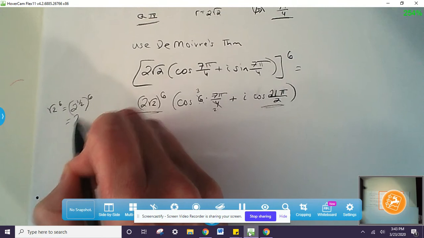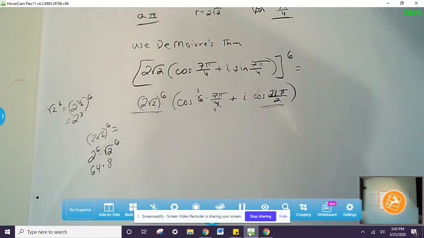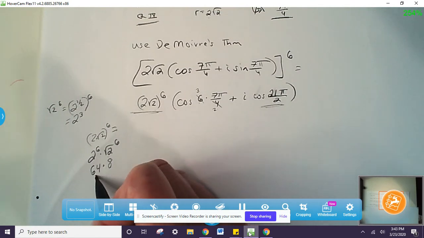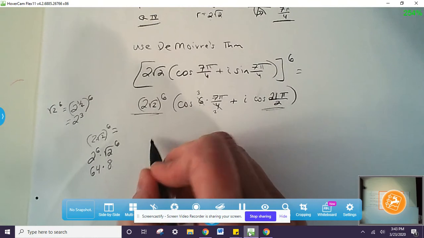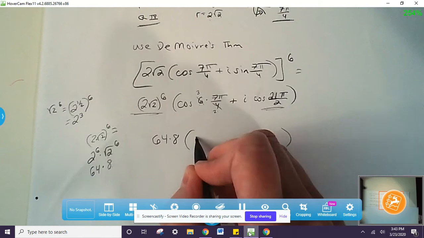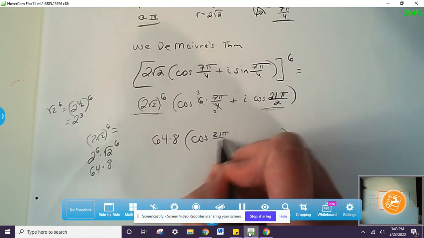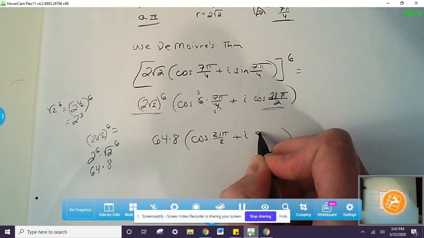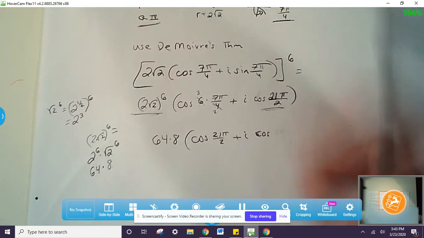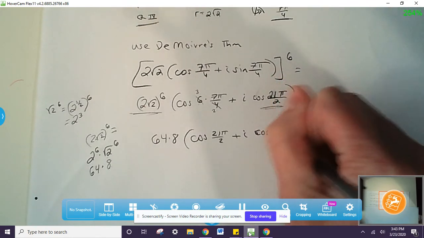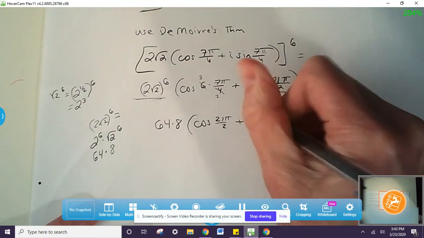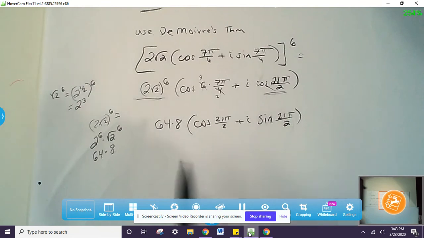And if we have a power to a power, we can multiply those exponents and get 2 to the 3rd. So that's how I got 8 here. Now, you can go ahead and multiply 64 times 8, but I'm actually going to leave them factored for now, because I'm not sure if you've noticed, but in the previous problems, we end up reducing a lot because a lot of times we end up with fractions that allow us to reduce. So maybe I'll be able to reduce later and I won't actually have to figure out what 64 times 8